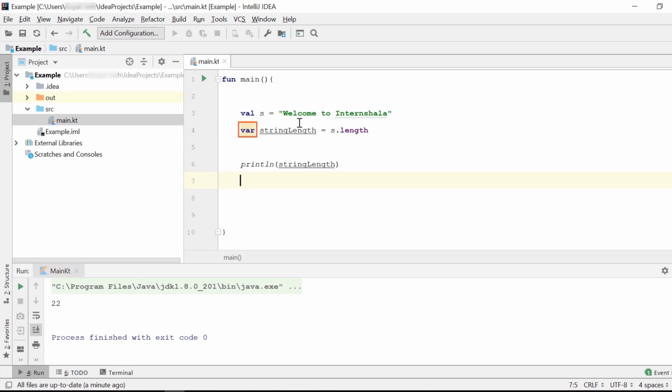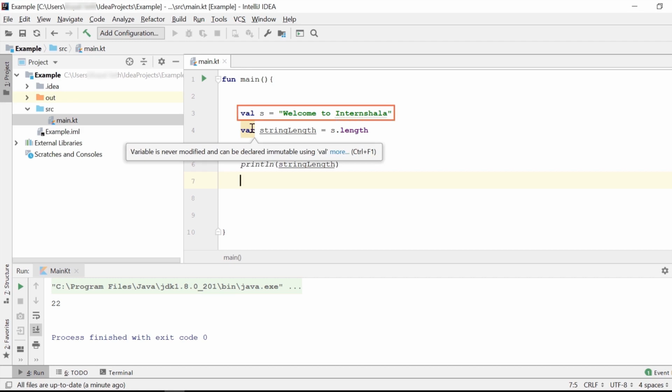Now notice that the IDE has colored this keyword var here in yellow. Let's hover over it and see what it says. So the IDE is telling us that this variable is never modified and can be declared immutable using val. Why does the IDE think so? Because we have defined the string variable here as a val variable, which means that the value of the string will not change.